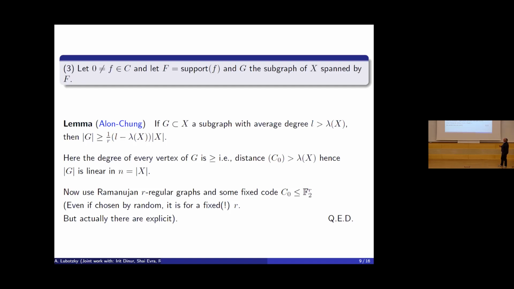apply this to the support of f. We take the support of the function f, little f, call the support of it capital F, and look at the graph spanned by this set of edges. Okay, so this is a subgraph. We need to make sure that the average degree is more than the second largest eigenvalue. Now we make sure not only that the average degree, but the degree of every vertex which is inside is more than lambda of X, because you remember we said that we are taking a code,